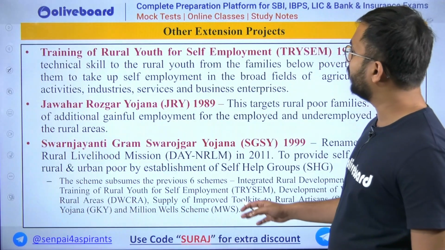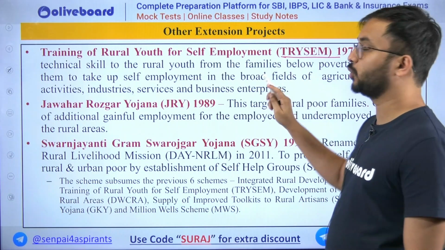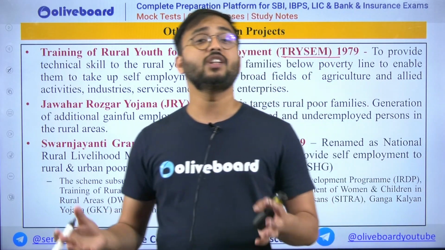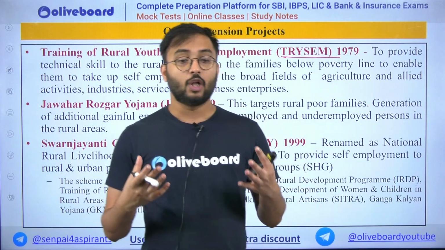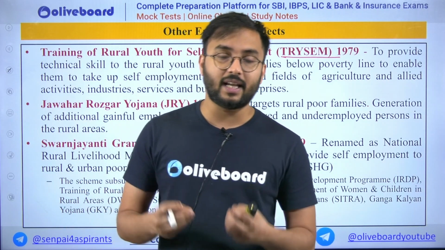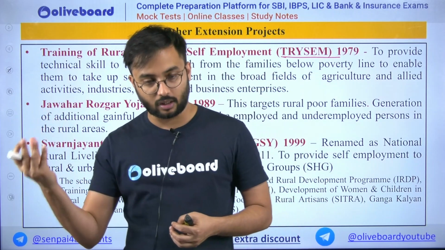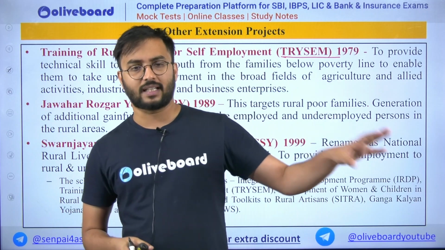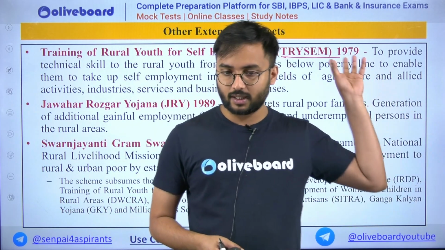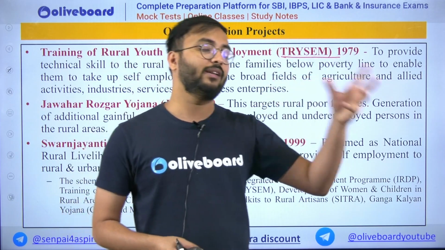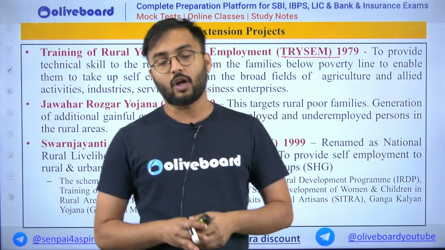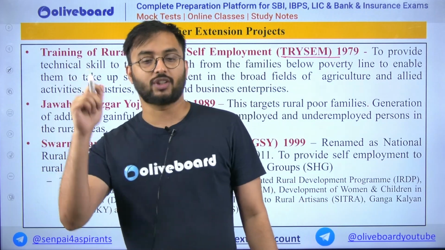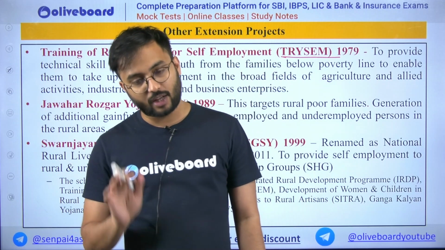Okay, then comes your TRISEM. Now this is again very important. Whatever youths are there in agriculture, they are not confident enough that they will carry out agricultural activities, or carry agricultural occupation. Already an agricultural crisis is going on. These agricultural youths are getting very less income from agriculture. We also know that in society there is a particular view related to agriculture as an occupational activity,